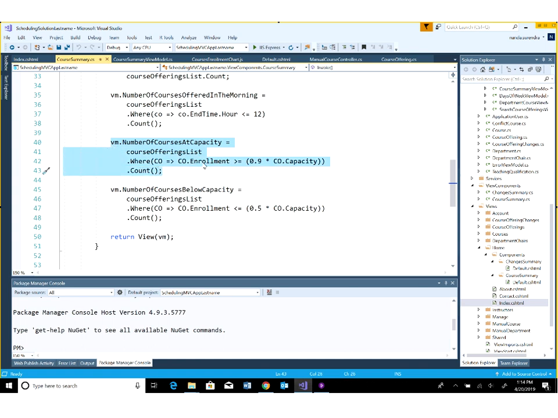90%, so the enrollment should be at 90% or greater of the capacity, which is what I've done here, 0.9 times whatever the capacity is. And number of courses below capacity is enrollment at 50% or less of the capacity. Okay, so that is the view component,